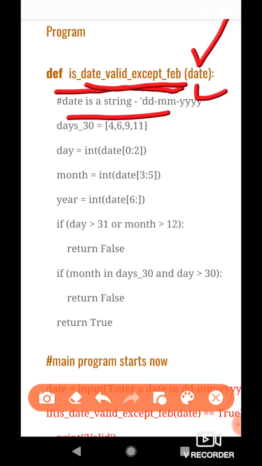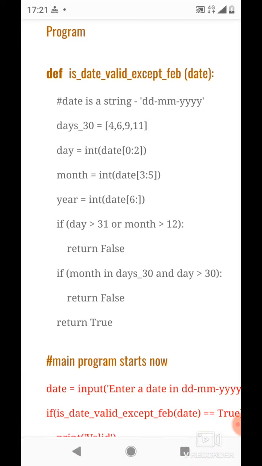dd-mm-yyyy. Here we are assuming that the user is going to provide only digits as used in the dd, mm and yyyy. It will not provide any non-digit characters in this string, so we don't have to check whether the user has provided some invalid input in that sense.